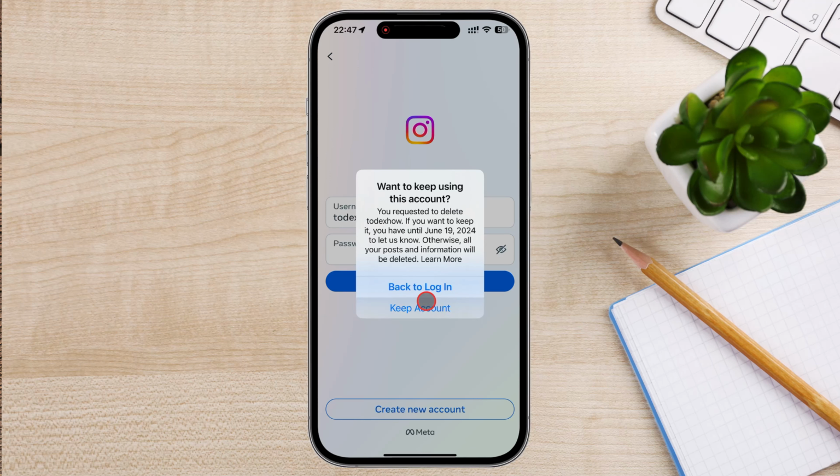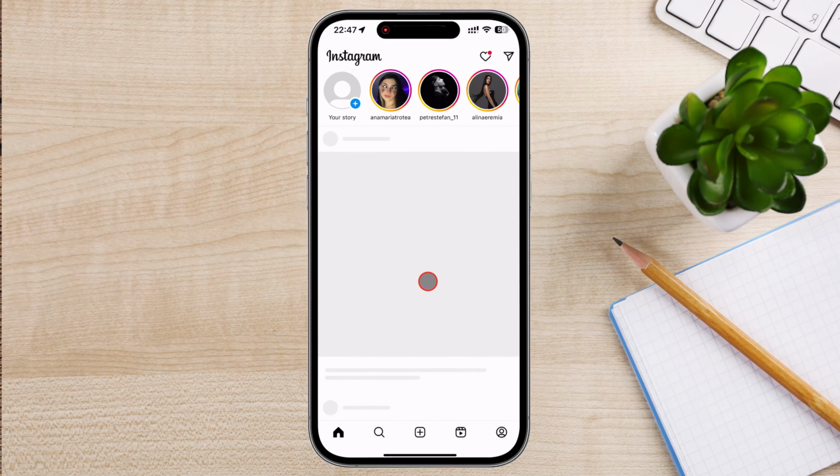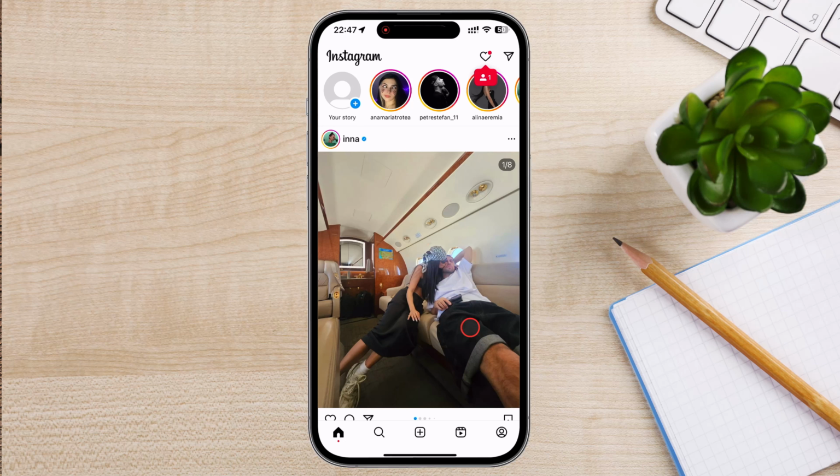This may take a few minutes or longer, depending on Instagram's verification process. Once you receive confirmation that your account has been reactivated, log into Instagram again using your username and password. You should now have full access to your account and be able to use all its features. Reactivating your Instagram account is super easy. It's a simple process that allows you to jump back into the world of Instagram with all your previous content